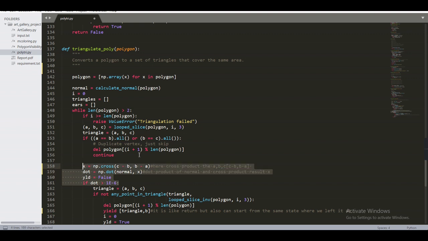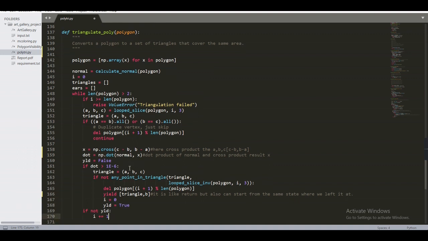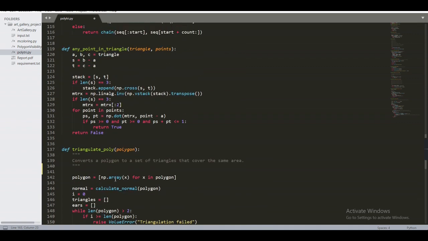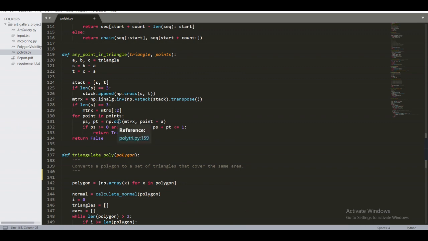Sorry, so we are here doing the cross product using the vertices, and after that we are doing its dot product with the normal. This condition is for vertices intersection. We'll check whether it satisfies that or not, and then we will check a function called any point in triangle, and depending on whether it returns true or false,